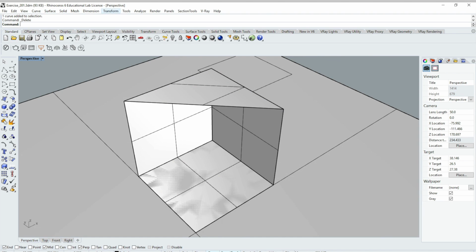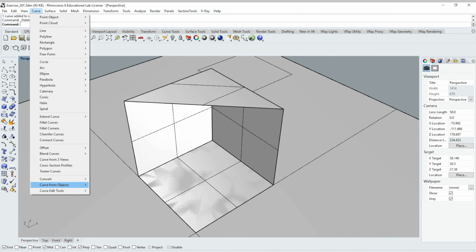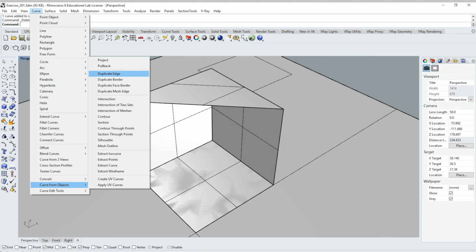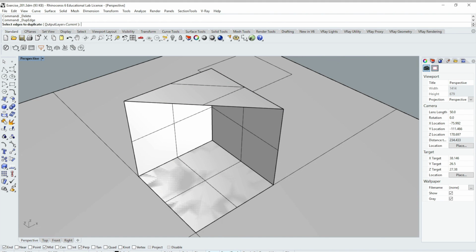So what we'll do is we'll go up to Curve. We'll go to Curve from Objects, and we're going to duplicate an edge. So Curve from Objects, Duplicate Edge. And I'm going to pick that edge of the curve, and it highlights in yellow there.